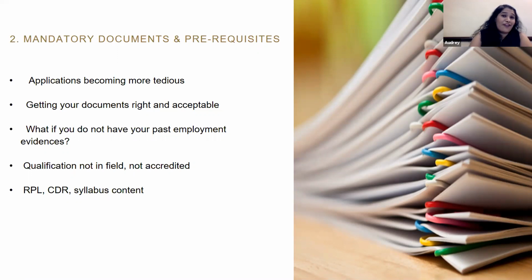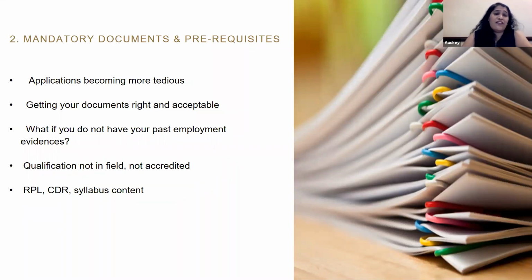But when it comes to migration, these documents become important. So how do we do that? What we always do is work with the client to come up with a solution. It's okay if you do not have this and this. If you don't have your payslip, what else can we do? So we draw out options to let you know how we can have other alternative documents as well. All right, so it's very important to get this right.